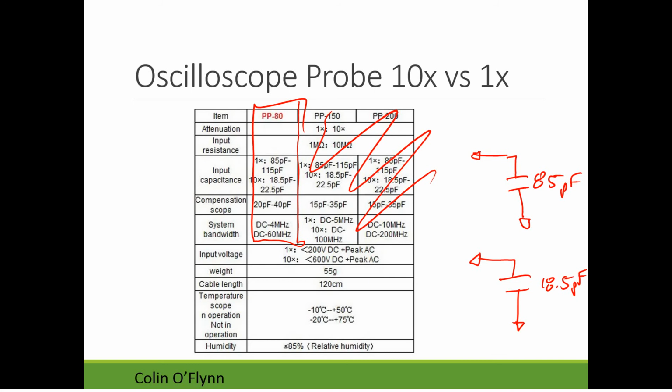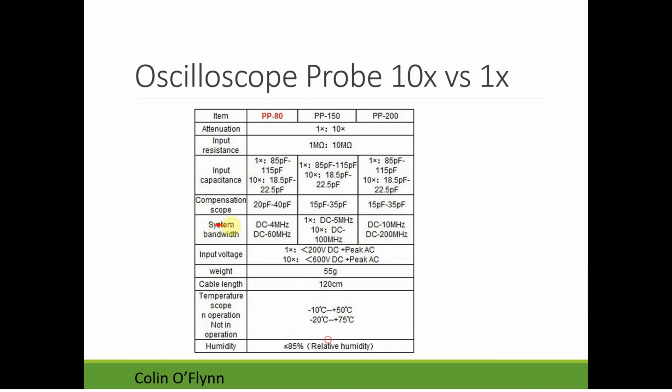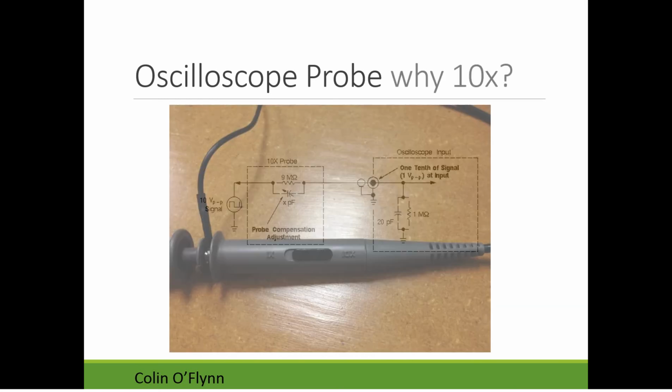The other thing it does is, you'll notice as well, and this is for almost all probes, the 1 times what's known as the bandwidth, which effectively says how high a frequency can I measure, in 1 times mode is always much lower, like 4 megahertz, than in 10 times mode, which is 60 megahertz. Or for a different probe, it's 10 megahertz in 1 times mode and 200 megahertz in 10 times mode. So if you're measuring higher frequency signals or digital signals which have high frequency components, you really need to use the 10 times mode. So it does have both, but the 10 times mode is almost always more useful. And that's why some probes just don't have the switch at all. Some do have the switch.